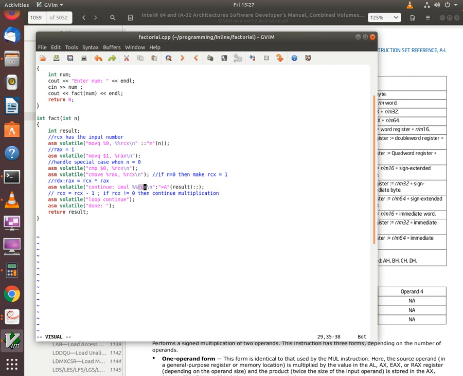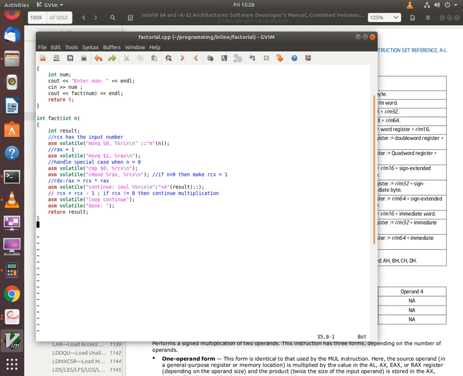Once we are done with this operation, that is when RCX is equal to 0, we break out of the loop, so the variable result will have the updated factorial result saved in it. The function will then return the value of the variable result, and it will terminate.